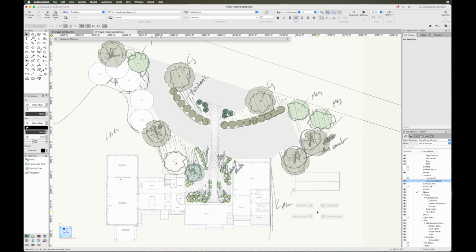So there's a few ways you can do this. You can use the landscape area tool and create those as closed loops, kind of like we do with the hardscape, that fill in with a specific fill. But I'm going to instead use the